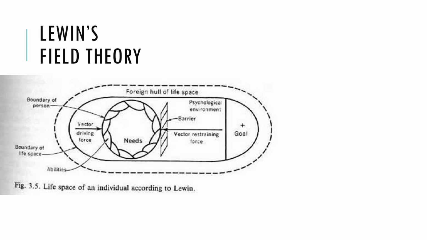All right. Now, if you look inside that foreign hull of life space, we'll find the individual in that circle. So it says boundary of person. The outside of that circle is intended to designate that this is where the person dwells. All those little leaf-shaped things inside the boundary of the person, those would be the person's abilities. And there's a bunch of them in there because we all have a whole bunch of different abilities. We have math ability or singing ability or spatial ability, just a whole bunch of different things that we have to lesser or greater extent, individually.